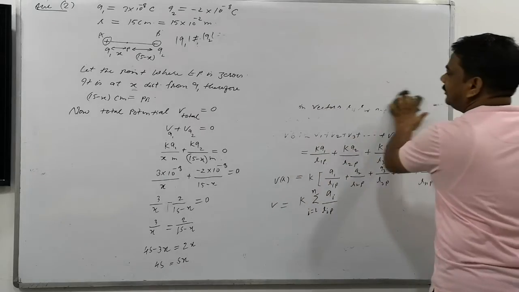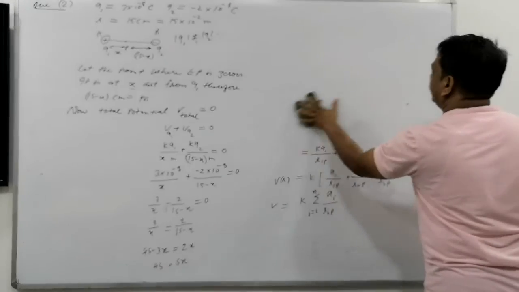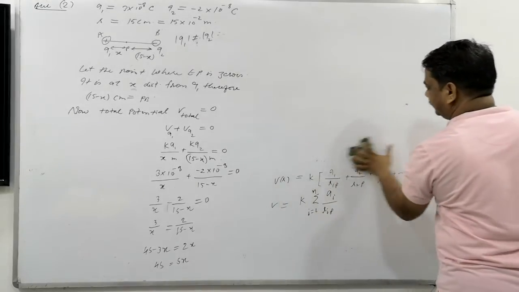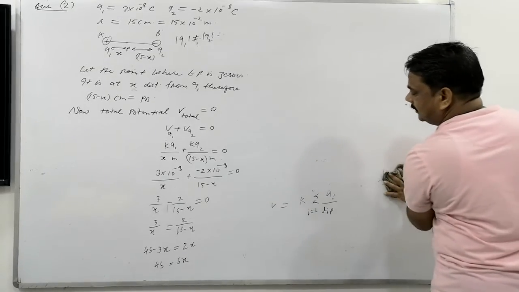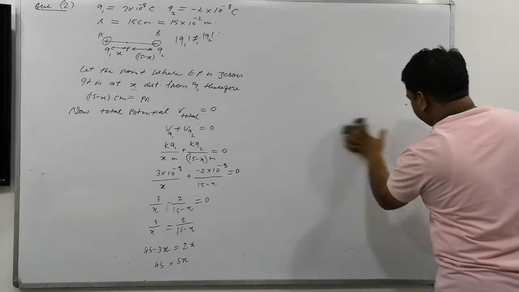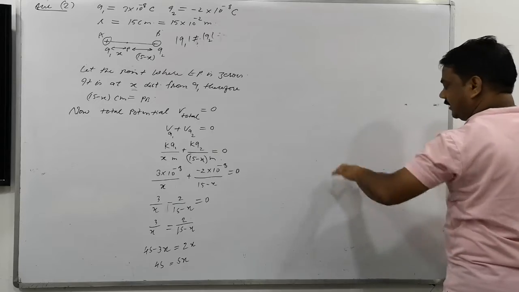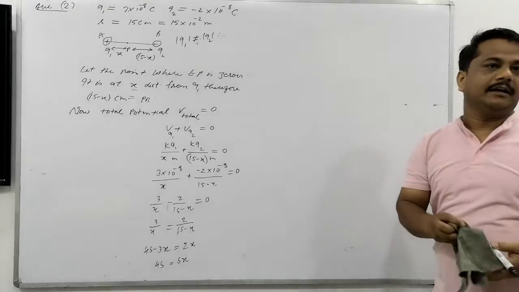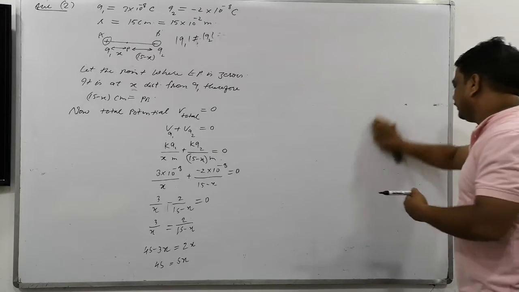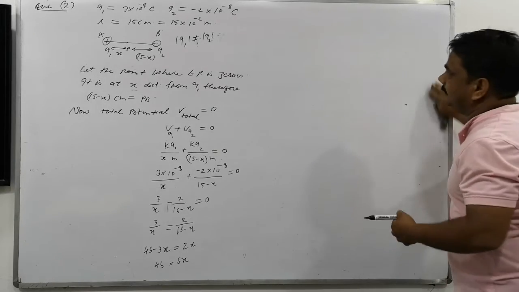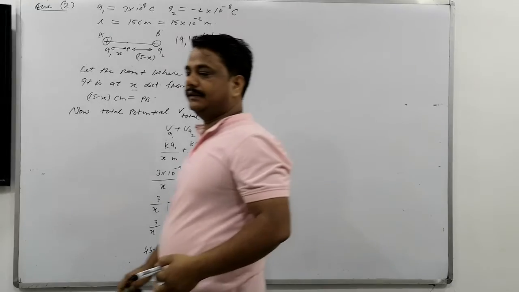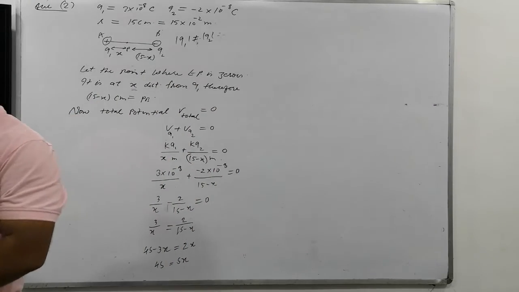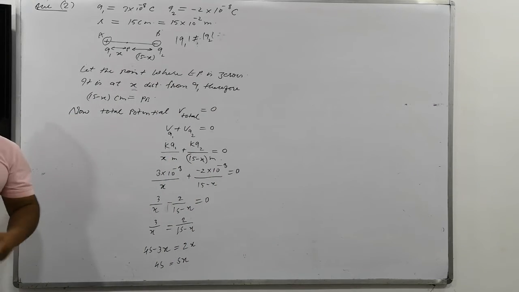Whenever you study any theory about any concept, is that clear, sometimes the understanding degree is less or more. When you start solving numericals and your result or estimation comes very clear and very exact, it means the concept you got in the class is very clear. Is that clear? So I suggest you always solve numericals. Okay, now see the next please. So total potential at 9 centimeter will be here.